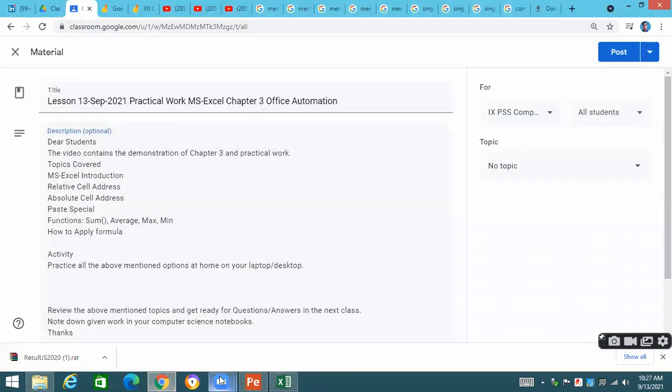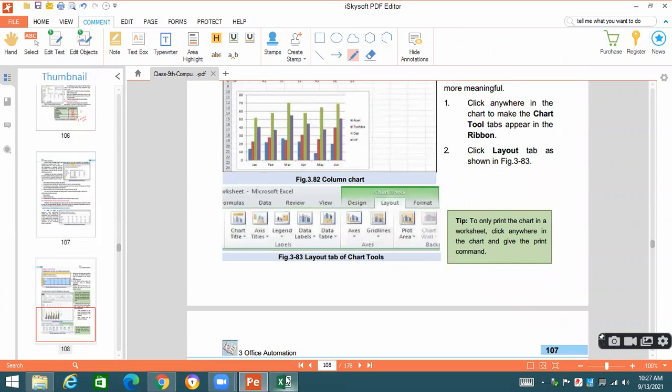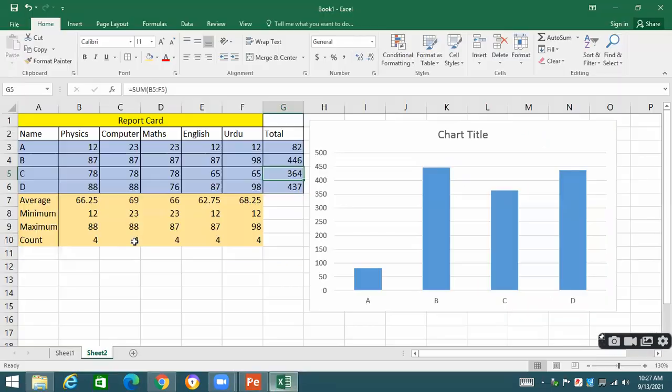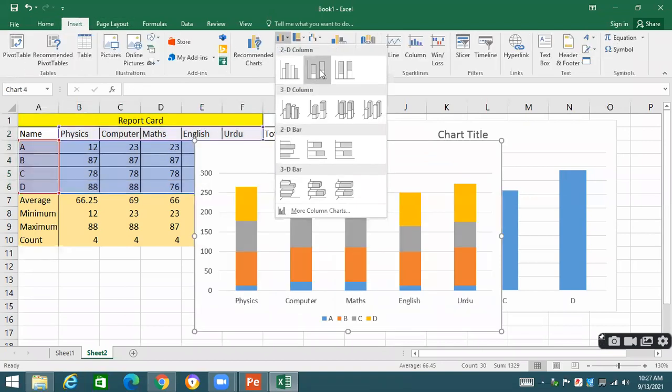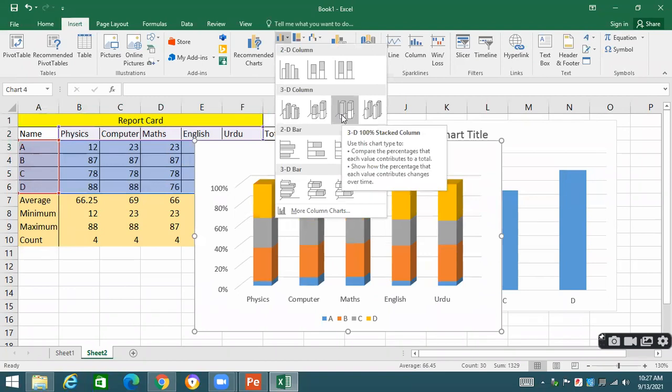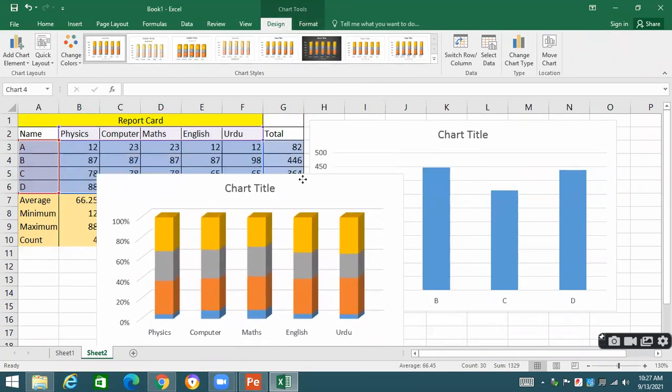Okay, so what we have covered over here is how to insert the charts and how to choose these charts. This is quite a simple thing, not a difficult job. We can do this quite easily. If I select this text and go to Insert, you can see that we are able to draw this kind of chart as well.